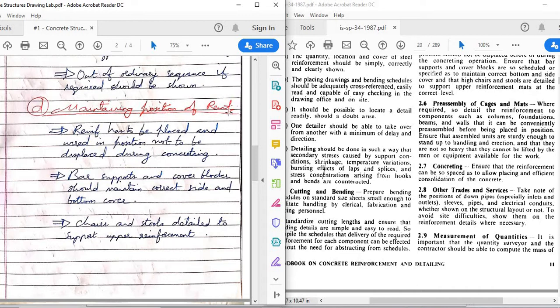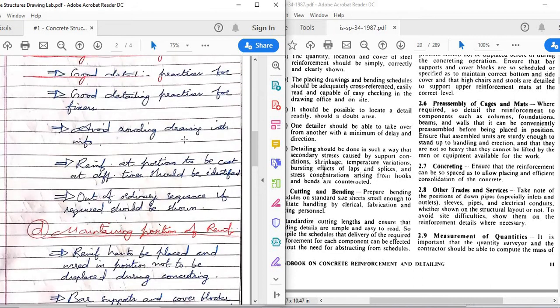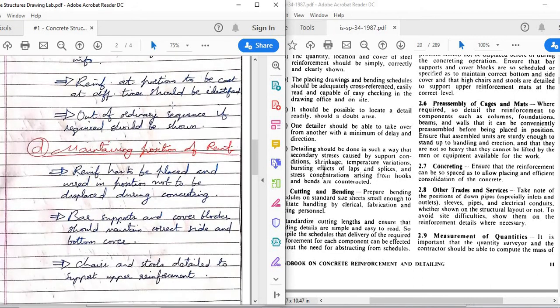Then maintaining position of reinforcement. Now this is one step above winding wires and things like that. As we know, in RCC, first you will have the reinforcement cage inside, right? Then only we'll concrete it. You can imagine that initially, without concrete, that whole setup, again taking the example of a beam, you have stirrups, you have main bars. Those should be at a certain height, and also with a certain side cover. You cannot place it in air like that.